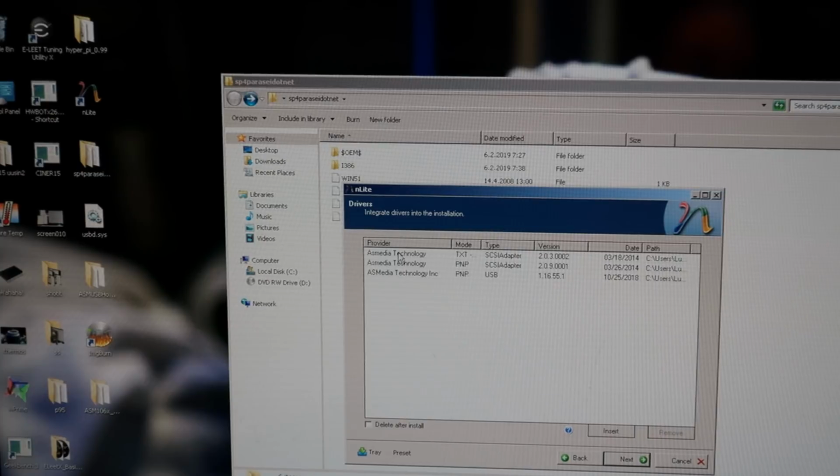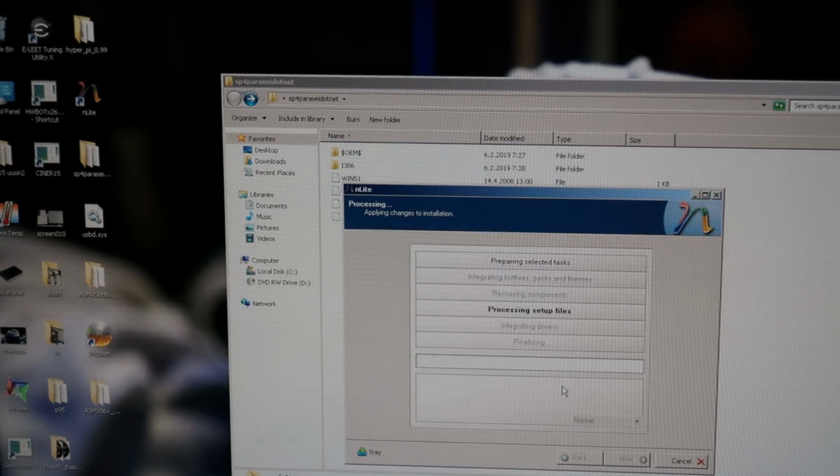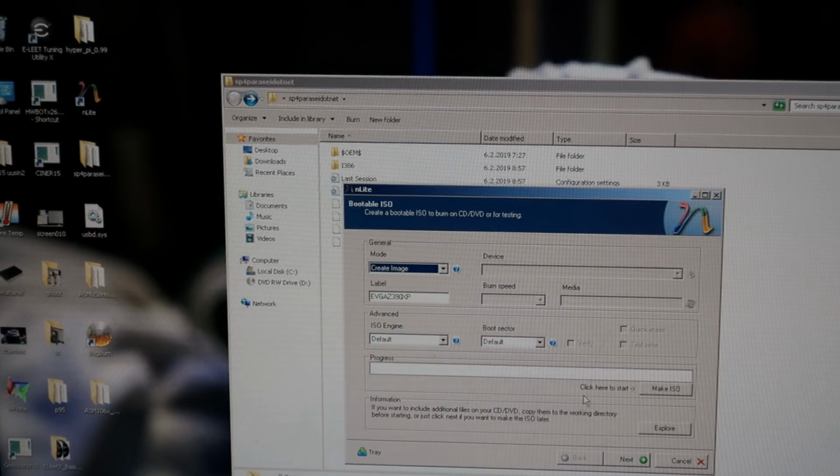Now we have three things listed in the drivers, and now we can press next. We will press yes so it can start the process. Installation size grew by 1.33 megabytes, so almost nothing at all. We will press next. Now we will create ISO file based on these changes, so we will select create image